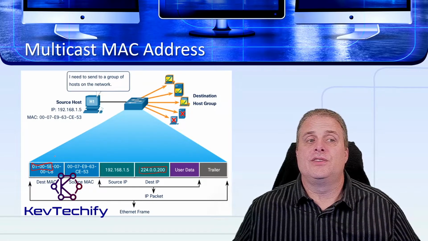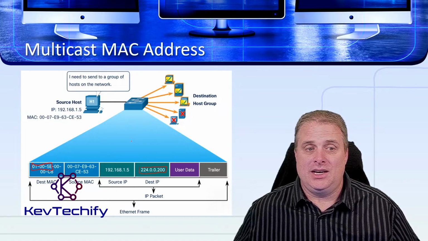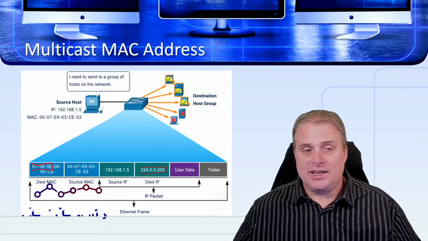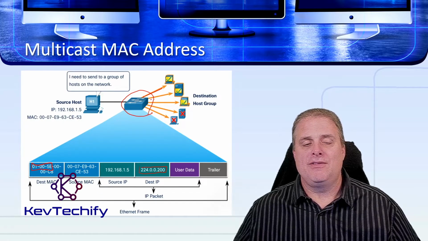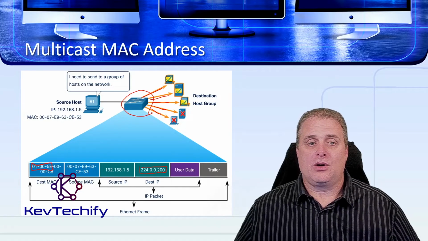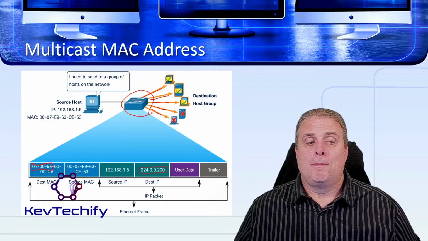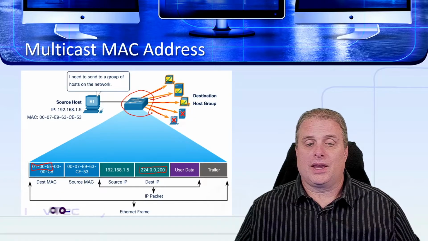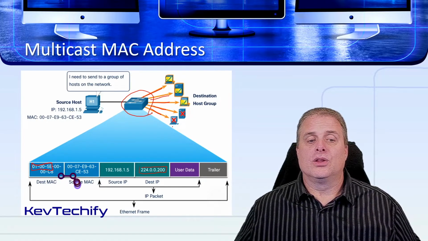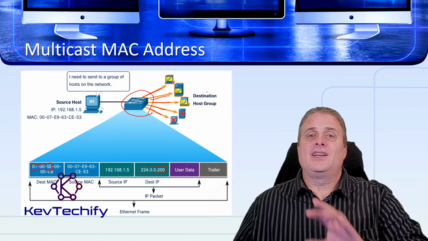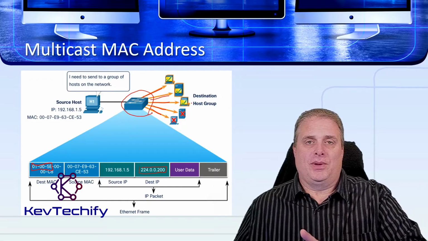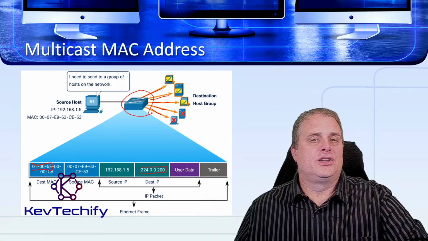When the switch receives this multicast MAC address in here, it forwards it out all the ports here, even if the device is not part of the multicast group. It forwards it out, the device receives it, strips off the multicast MAC address, strips off the source MAC address, strips off the trailer, and then looks and processes the IP address. When it processes the IP address, that is when the multicast happens, whether or not they listen to that IP